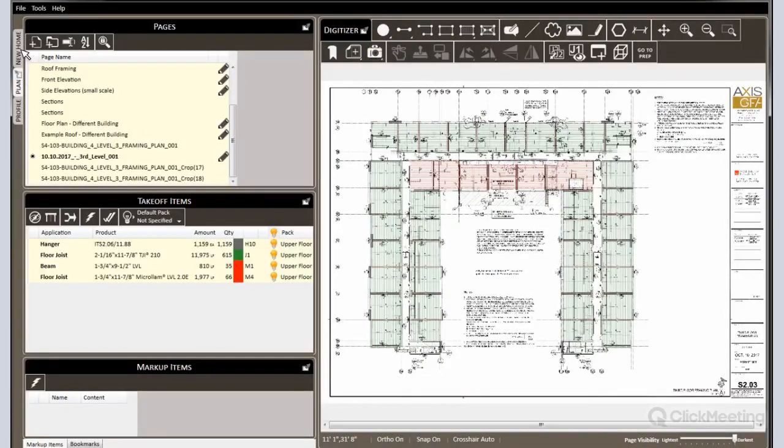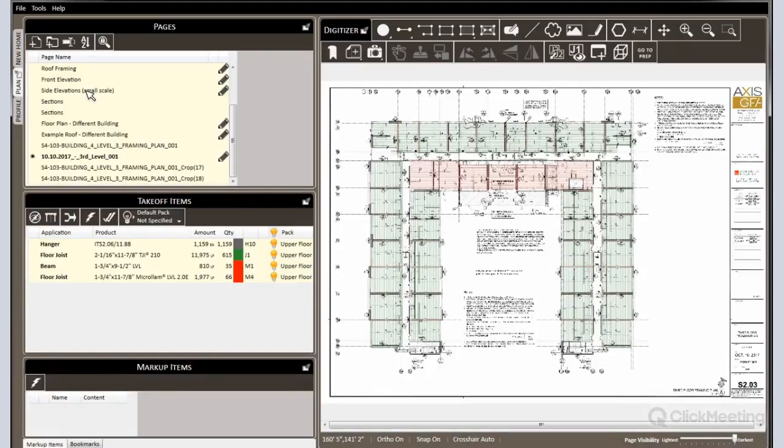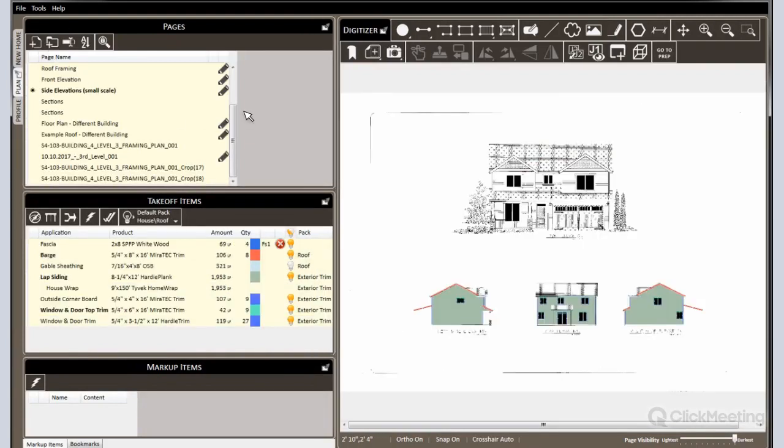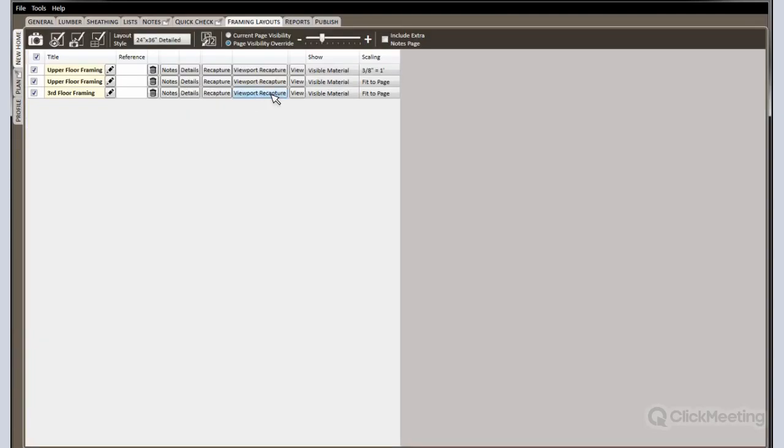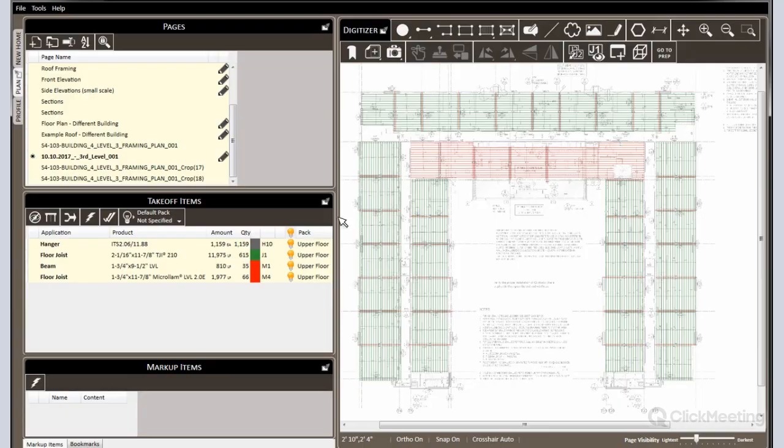But the other option I have is to come over to my framing layouts tab, and I have this option for a viewport recapture. And that button means that it's going to look at the original location of the original framing layout, and it's going to go back to that same location and extents of that framing layout, and it's going to find those again. So even if my digitizer is on a different page, such as this, so it's completely different, if I click the viewport recapture at this point, back over here in the framing layouts tab, it's going to go and find that location specifically in the digitizer, bring me back to that spot, do the capture,